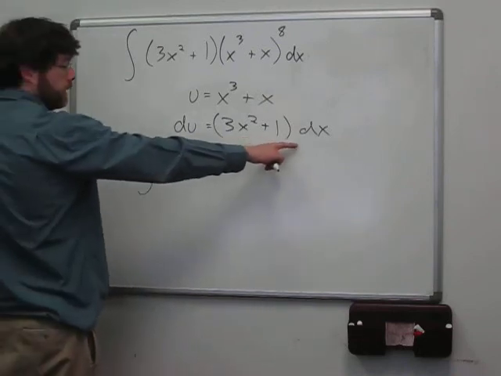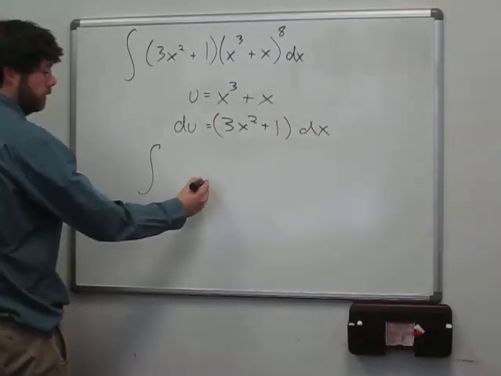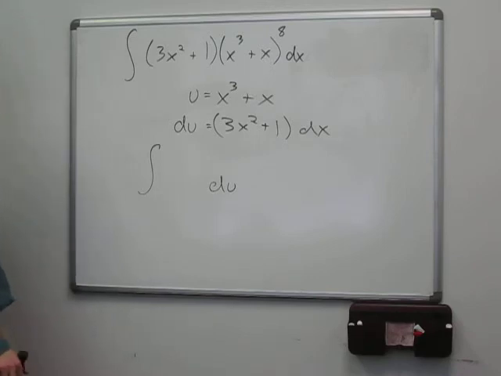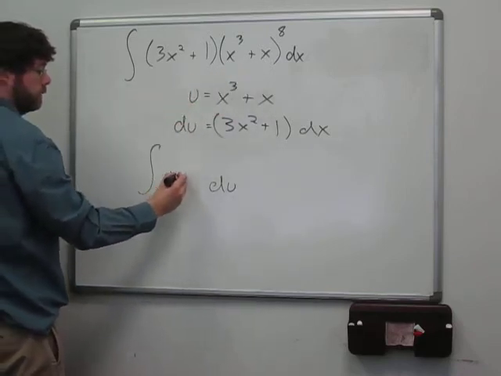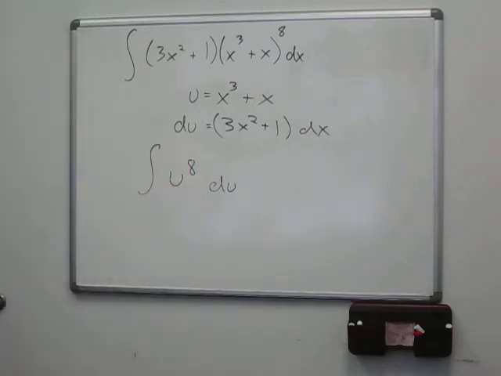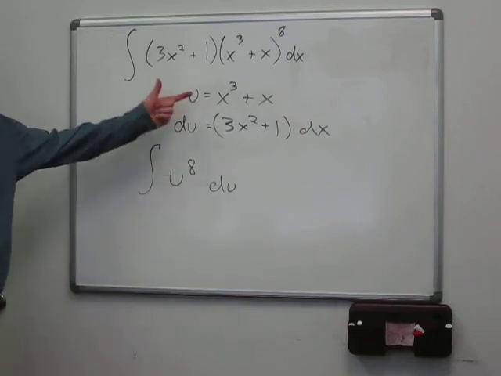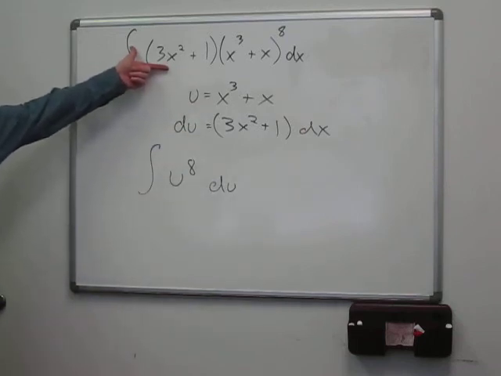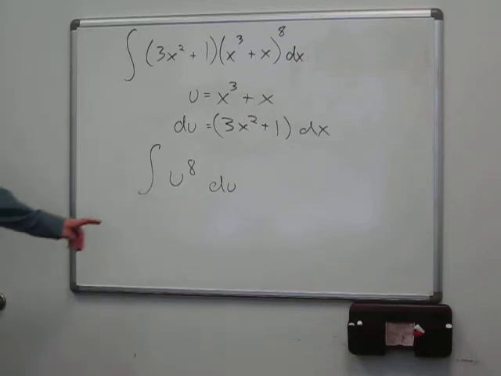Well, 3x squared plus 1 dx is exactly du, and x cubed plus x is my u. So my new integral is just u to the 8th du. And notice what we've done. We've taken a somewhat complicated world involving x, and we switched to a world in u's that is much easier to integrate. This is just u to the 8th,